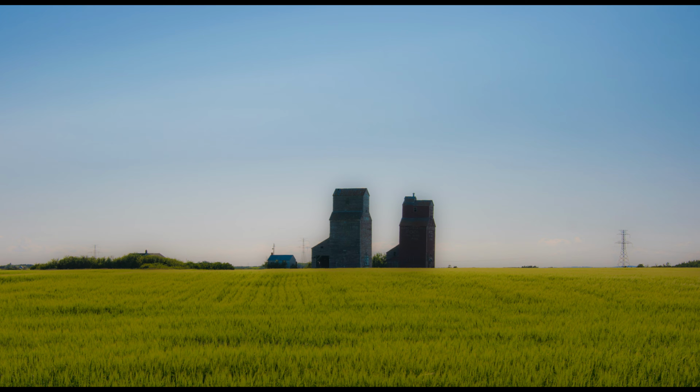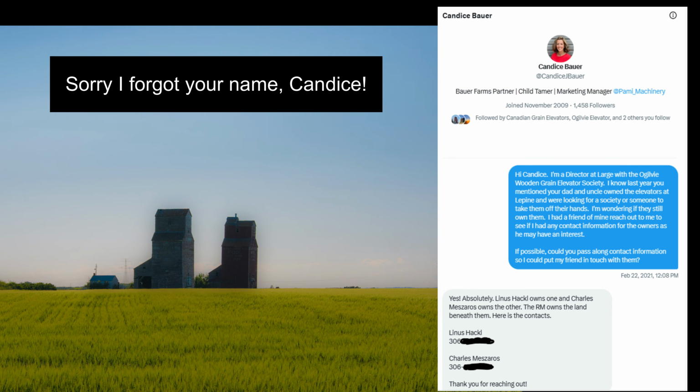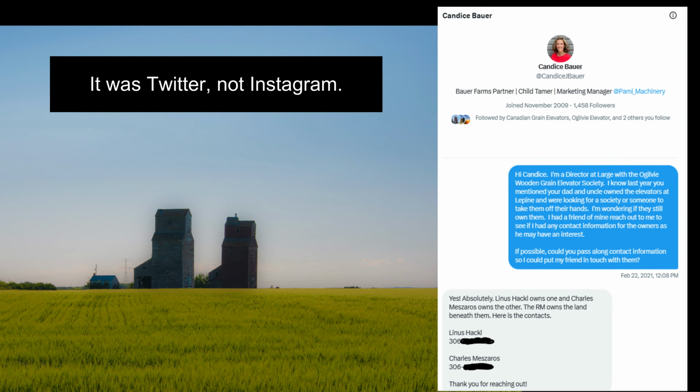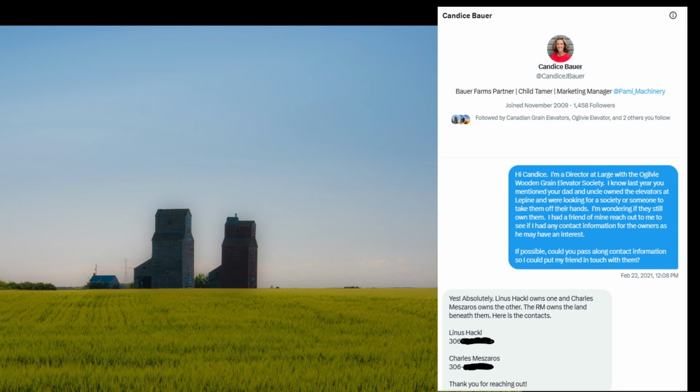Interesting thing with Lepine, somebody, it was I believe a niece of the owners of this property, had contacted me, I believe through Instagram actually, and we exchanged a few messages because her uncle was looking at selling these elevators, and she was reaching out to see if I knew anybody who might be interested in purchasing them. So I don't know if they're still in the same family or if they did sell,